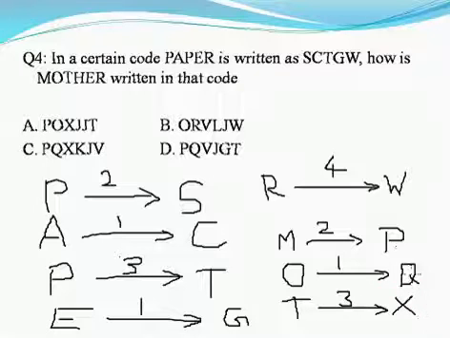Okay, so P, Q, X, which is the option? C. Okay, sometimes in this kind of question you need to solve everything, or sometimes you will not get the correct code or the correct key. So you need to just keep on checking the options, which is the closest option. You need to mark it. Don't try to find out the exact key and waste your time.